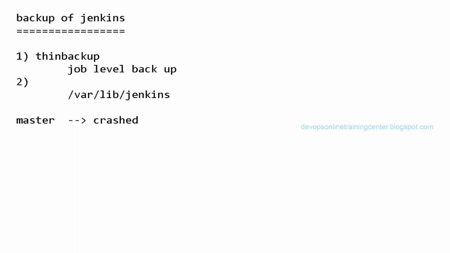So how do we take backup of a directory? Tar. So we tar it, tar -cvf, and then the name of the archive. Let us say I want to give something like Jenkins 2017, some date, and then .tar, then /var/lib/jenkins.